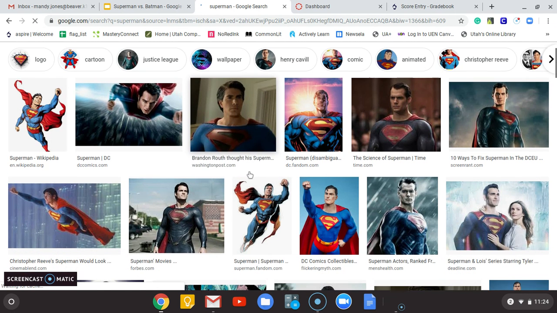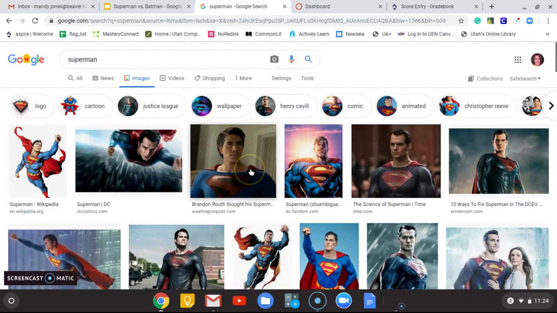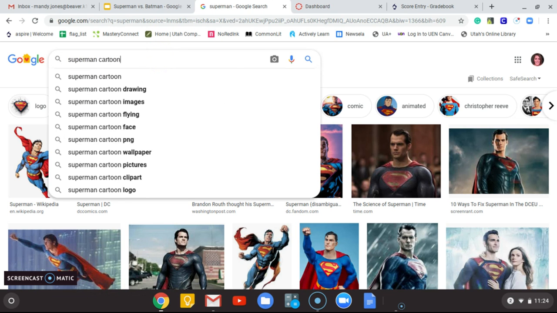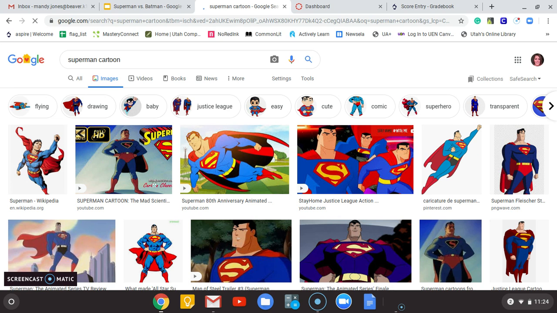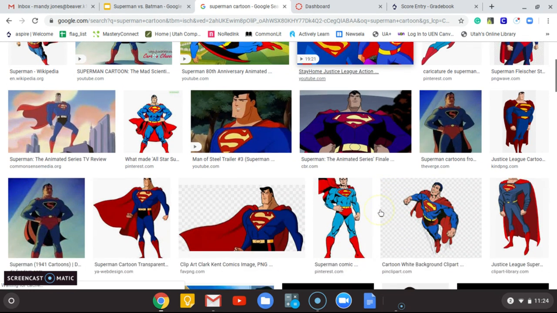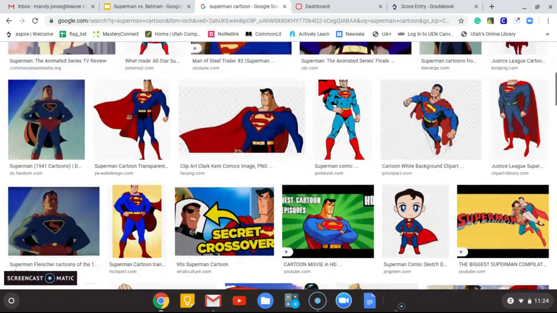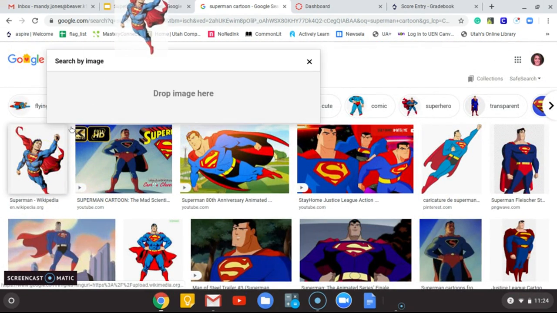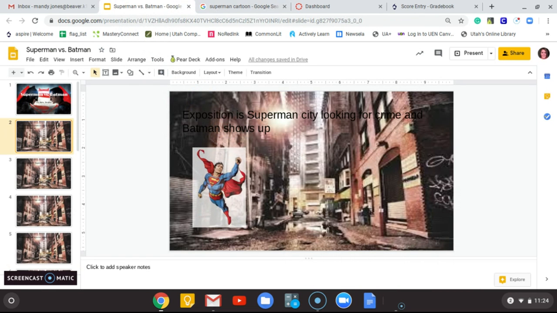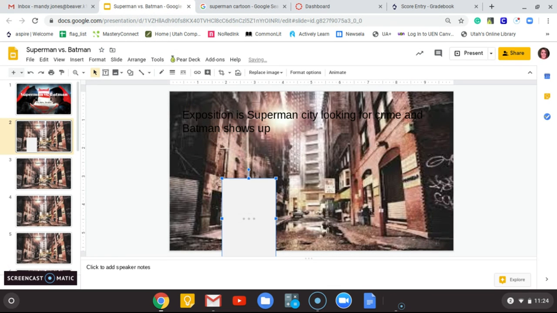Now, there are some images both from the movie and cartoon. I'm not a fan of the movie images, so again, I'm going to tweak my search like we did with our background. You might have to tweak it a little bit, go back and change things. And then we have some images. All right, so as I'm looking, once you find one, you can do the typical grab and drag and paste,